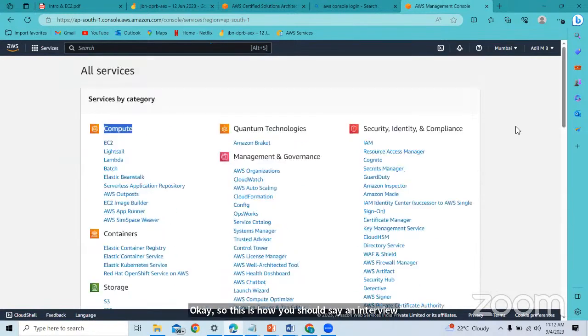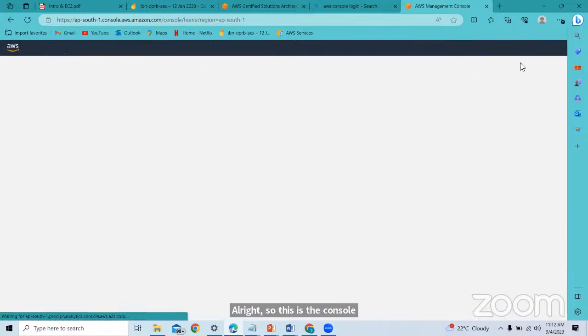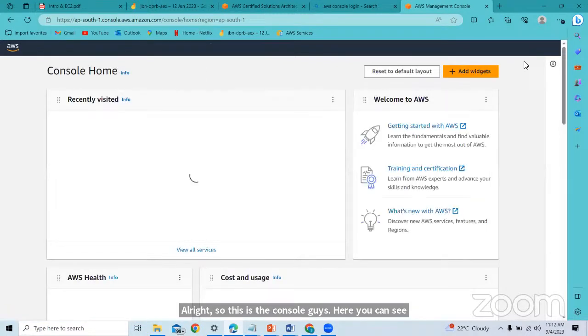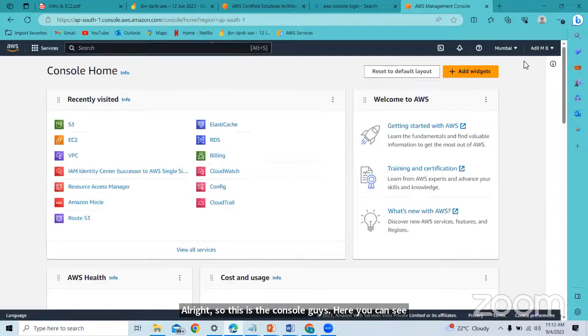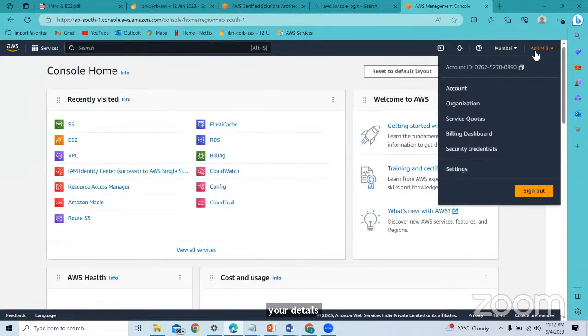All right. So this is the console, guys. Here you can see your account details: account, organization, billing dashboard. Everything you can see here.